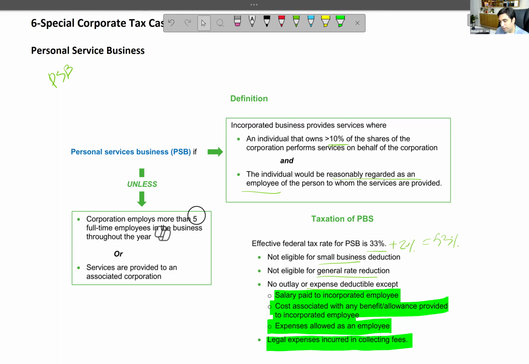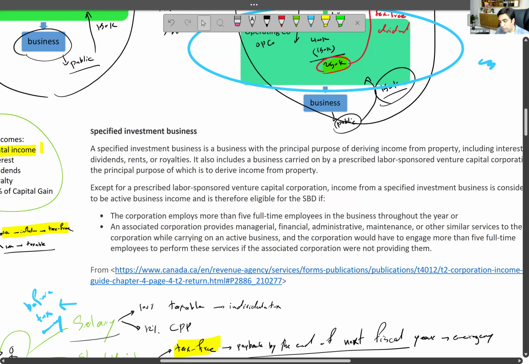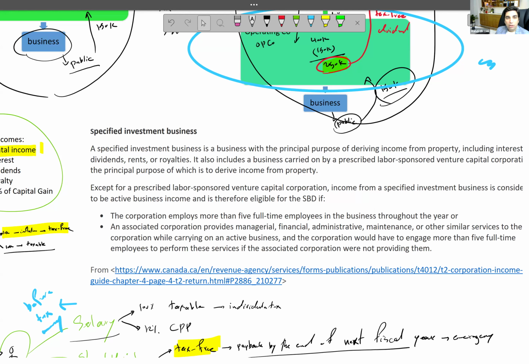Okay, good. So the next thing that I want to talk about is the investment. You remember we talked about the investment passive income in the corporation? If you earn passive income in corporation, you have to pay 50% tax on that one, unless it's considered as a specific investment business or SIB. A specific investment business means a business that is designed to do what? To do business, to do investment, to make passive income. Imagine that you have